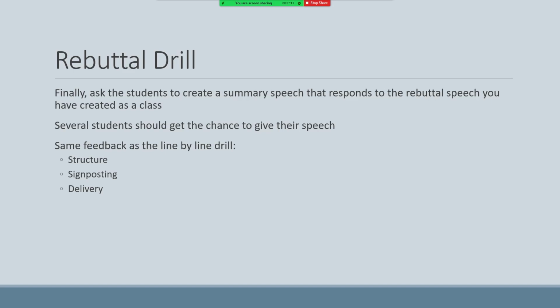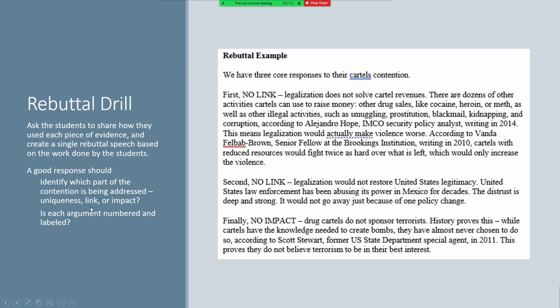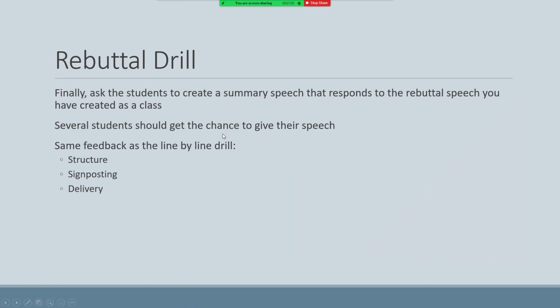In terms of feedback, same general idea as what we have talked about in the past. So in addition to these issues, which is, are we labeling and are we numbering our responses? Other feedback that we can give includes focusing on the structure, focusing on the signposting, and if you want to, I don't usually do this with my classes because I usually do this drill pretty early in the semester, but if you're at a point in the semester where you think the students could give a summary speech pretty confidently, or you think they could give it a try,